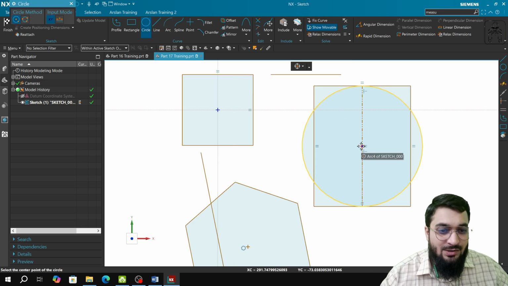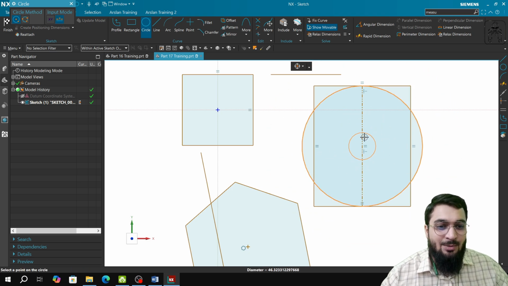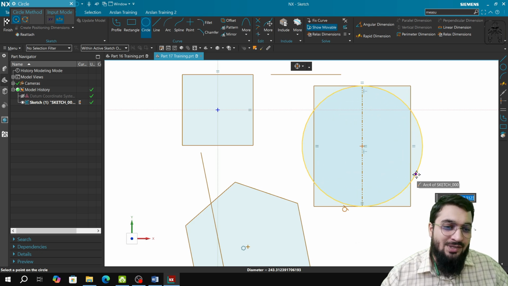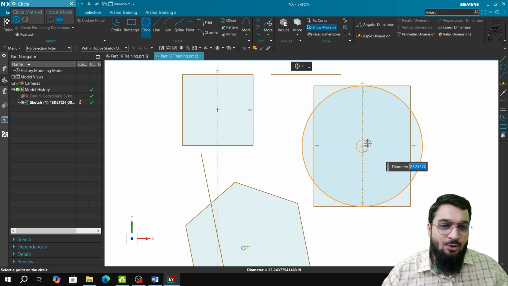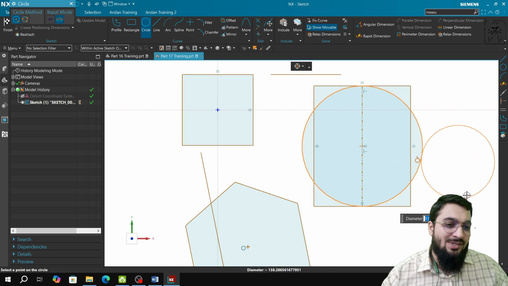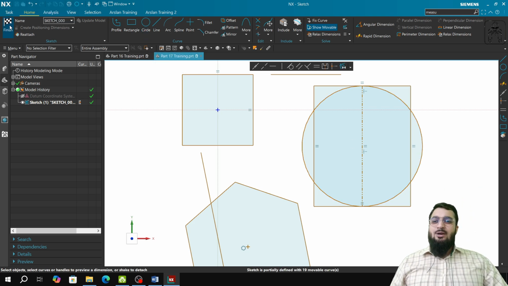If I try to make a circle, you see that it will automatically make it concentric with this circle by selecting the arc center. If I want to make it co-radial, you will see that that circle will get tangent to this previously made circle. If I want to make a circle that is tangent on the outside, you will see that a tangent relation is getting displayed. So various types of geometric relations will get automatically considered